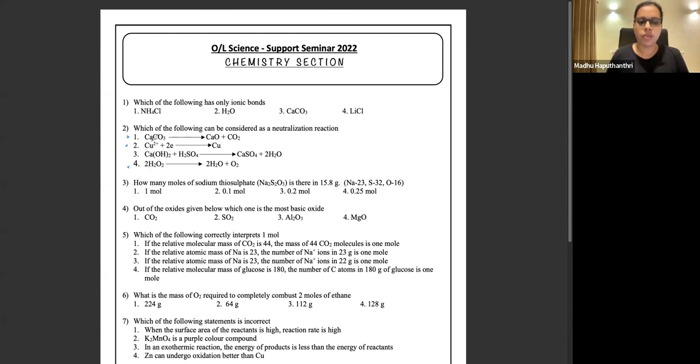And when it comes to the third one, calcium hydroxide and H2SO4. Calcium hydroxide is a good base. H2SO4 is a good acid, right? It's a strong acid. So here you get an acid reacting with a base. When an acid is reacting with a base, that is what we refer to as a neutralization reaction. That results in the respective salt and the appropriate number of water molecules. So this is the neutralization reaction.